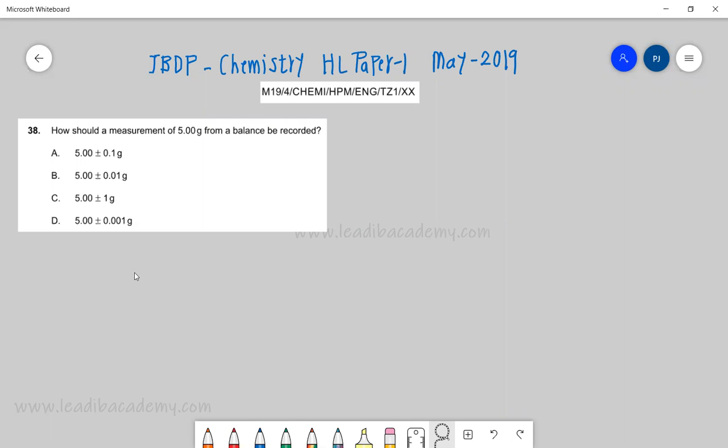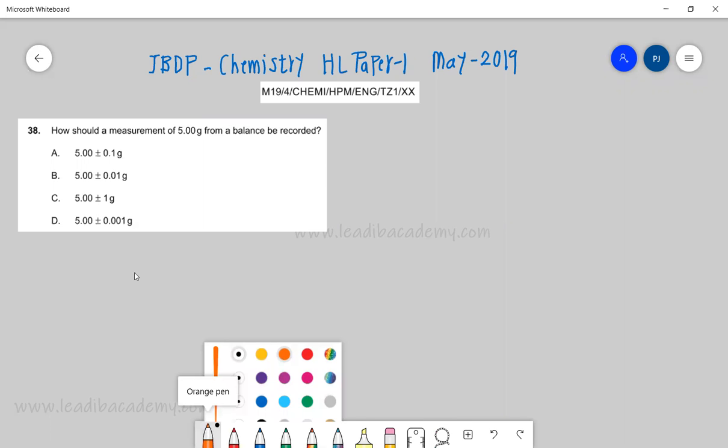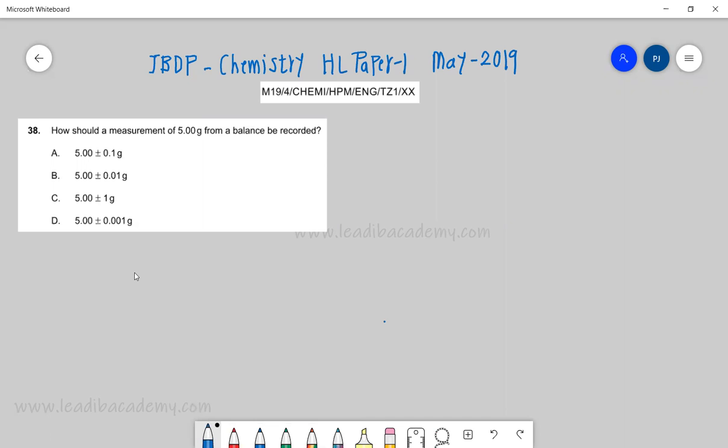Question number 38 from measurements. How should a measurement of 5.00 gram from a balance be recorded? Okay. So what are the options? So what is basically the understanding? Please understand that when the reading is recorded like this,